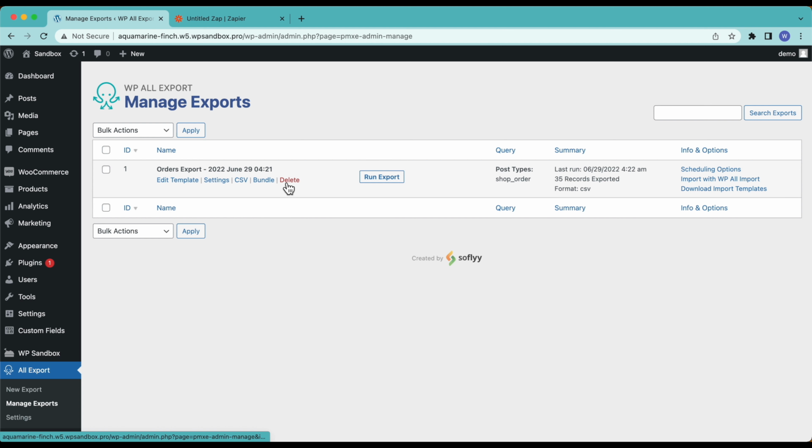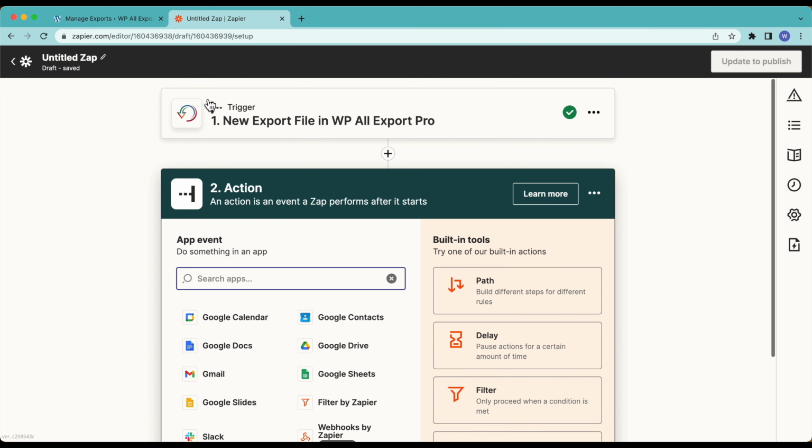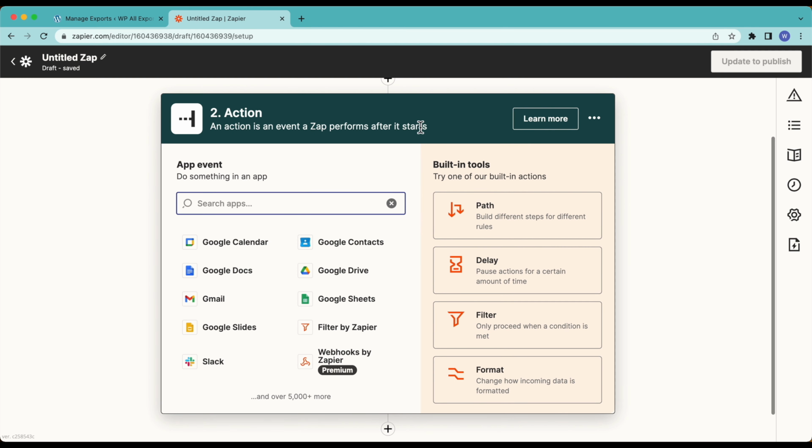Every time this export is run, I want to get my order email sent to me. If I set up orders or exports in the future, I don't want those going to Zapier, at least not for this specific Zap that I'm setting up. So this is export ID 1, so I'm going to set up a filter here. Step 1 is my trigger,